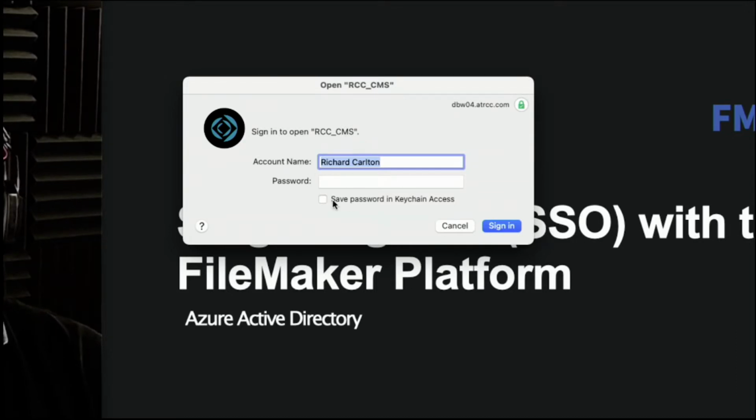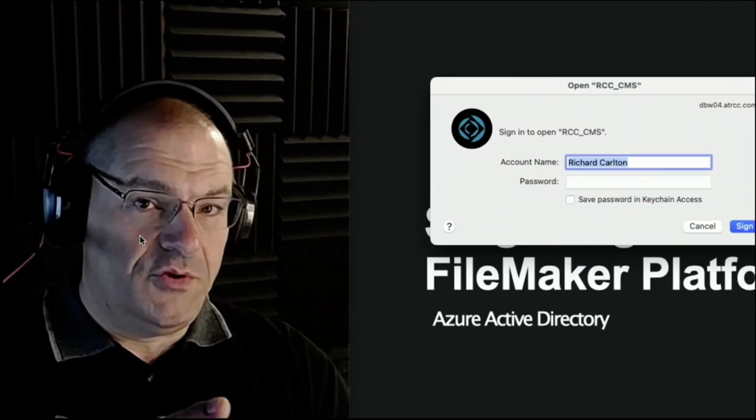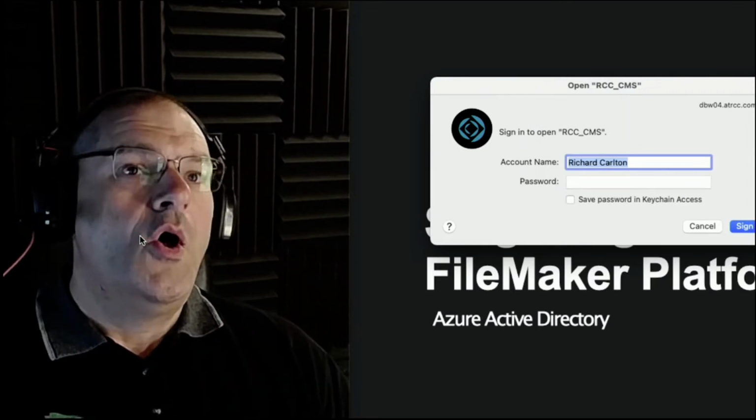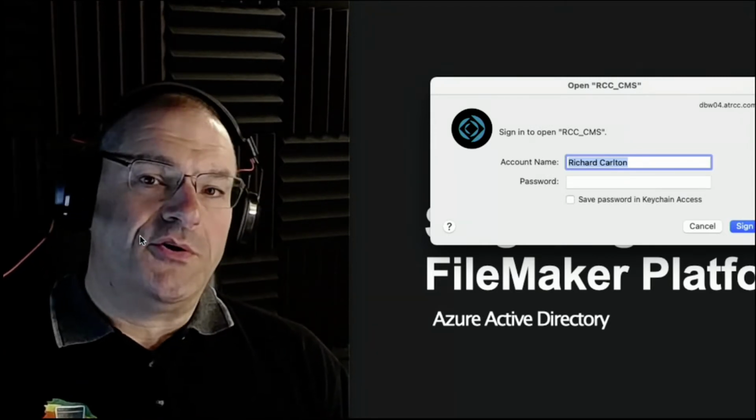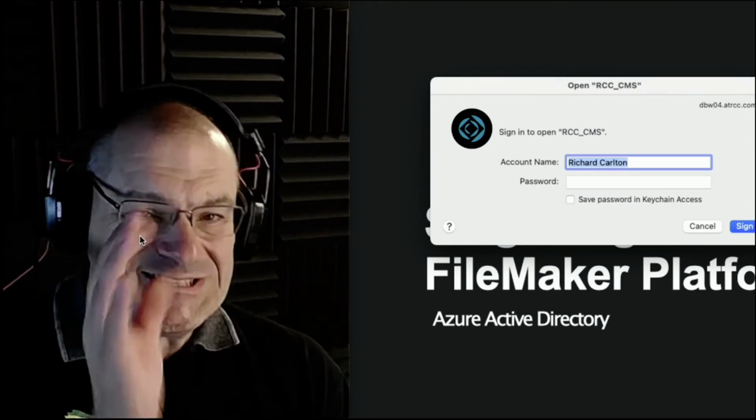The idea is that username and password are things that go into the FileMaker file. What if you could sign on with another option here, and you would see an option like Microsoft or Google or AWS? Like if you go to Pinterest, you can create a username and password, or they say use your Facebook credential or use your Google credential. It's the same idea. You sign on with this kind of